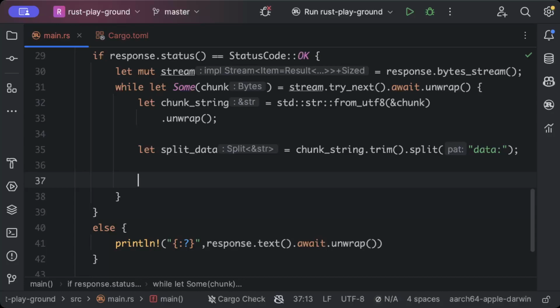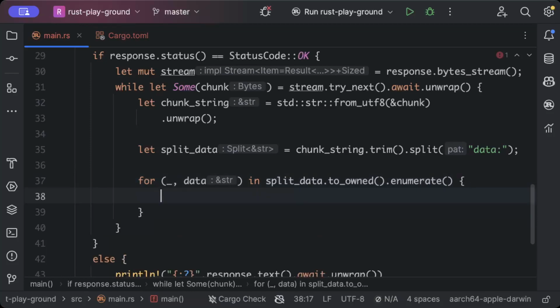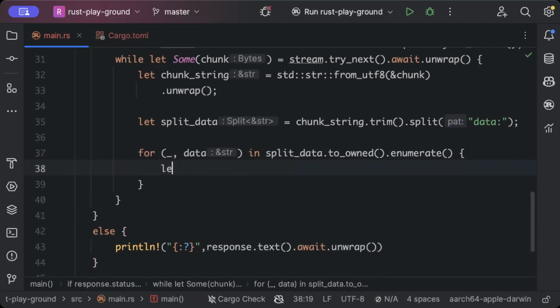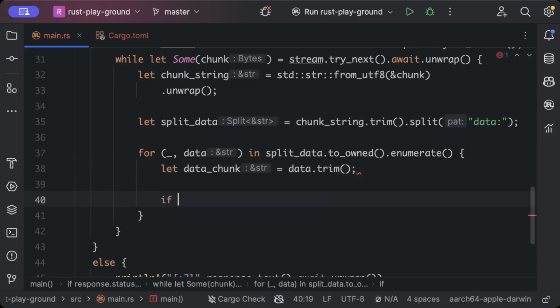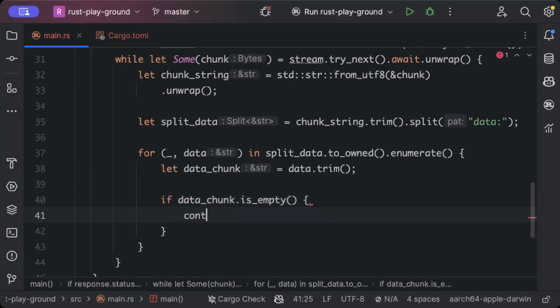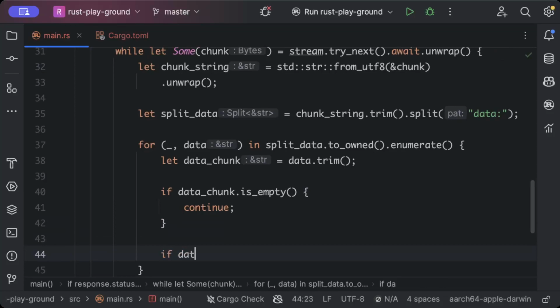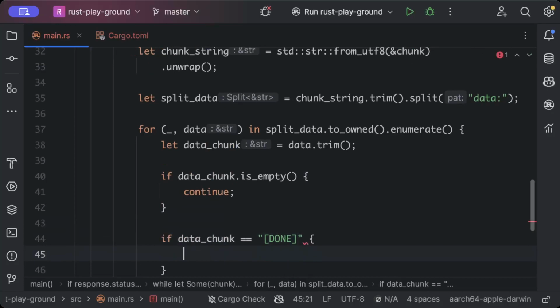And here we will just say for (index, data) in split data dot enumerate, and we'll just say let data chunk equals data dot trim, and here we will say if data chunk dot is empty, then we just want to continue. If data chunk equals the end marker, which we just saw, which is done, we want to break. And in other case,